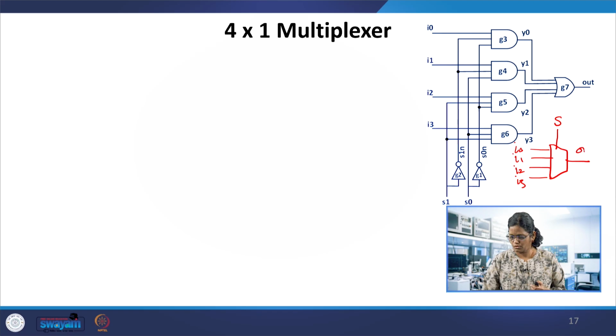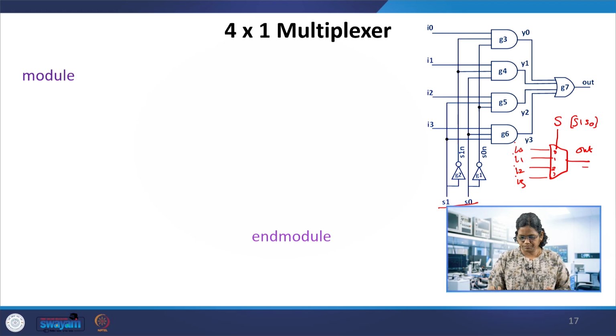The output is out here. We mention the 4 to 1 mux. The select line is 2 bits, S0 and S1, together. So when this is 0, 0, I0 will be passed to the output. When it is 0, 1, I think you know this mux function. When it is 1, 0, the output is I2, and for 1, 1 the output will take the I3 value. So now let's see the code of these instantiations.